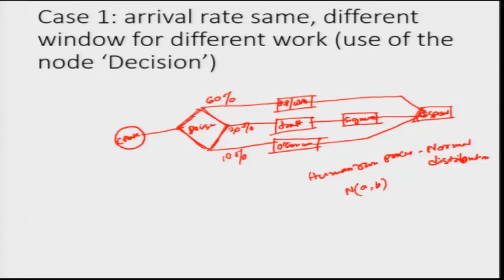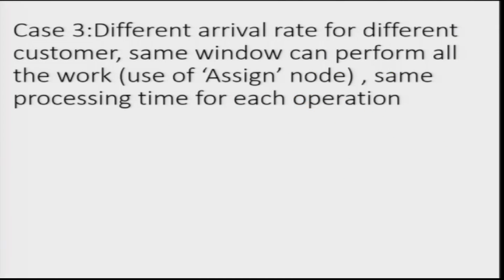So far we have discussed two cases in which we have shown how a decision node can be used to develop an Arena model, and how different create nodes can be used in a single simulation model. We also saw how to run and analyze the simulation model, find out where we need to put in a resource, and how to improve the model and the process.